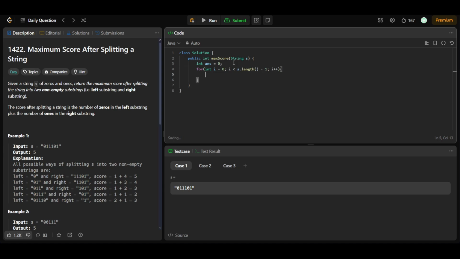Okay, so now let's initialize the variable current, that would be equal to 0. Then a nested for loop, for int j equal to 0, j less than or equal to i, j plus plus. Okay, so what we'll be doing, if s.charAt(i) is equal to 0, we'll be just incrementing the current counter,